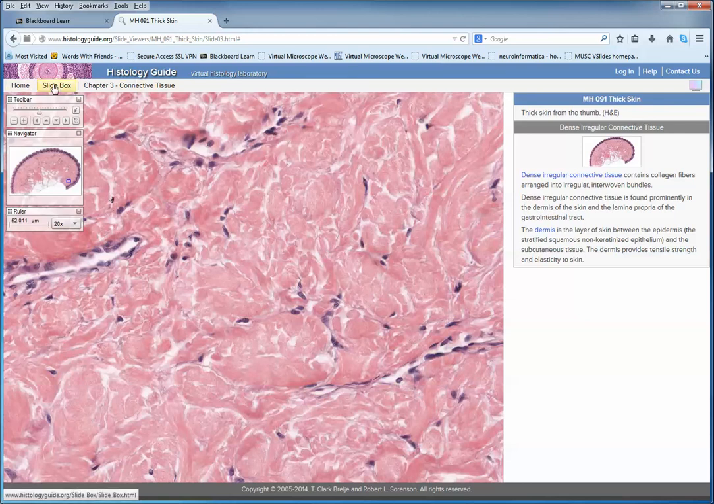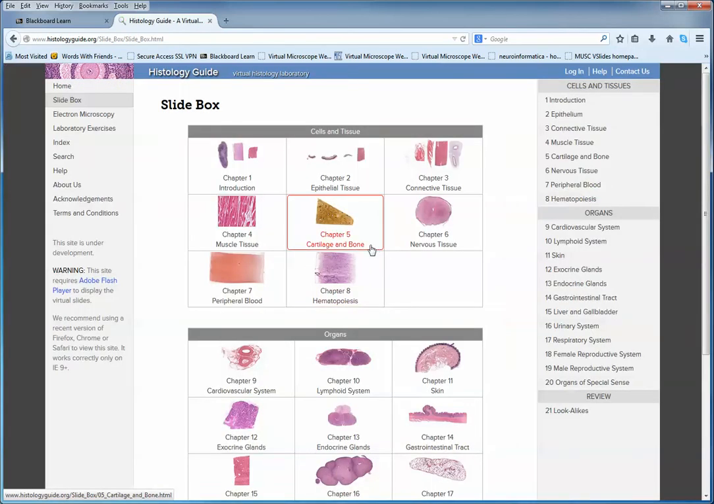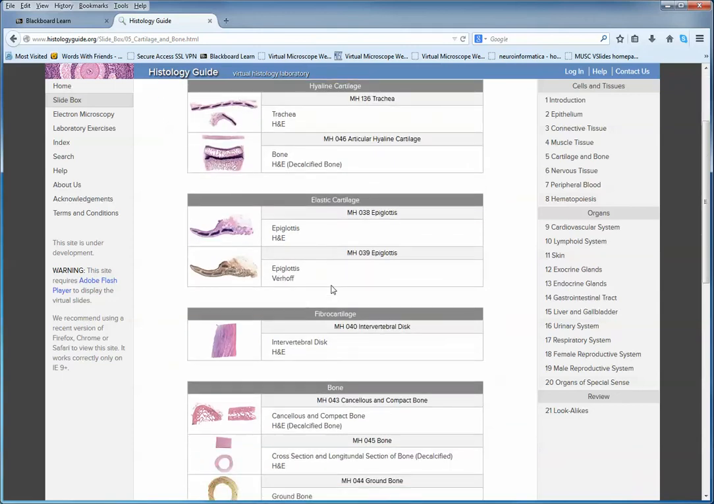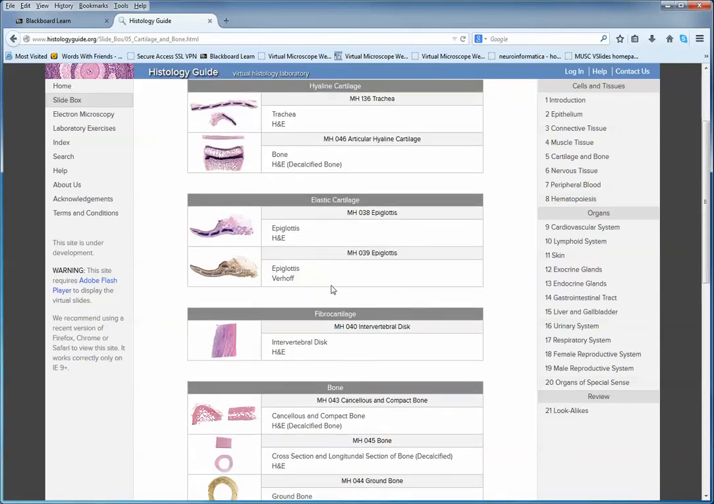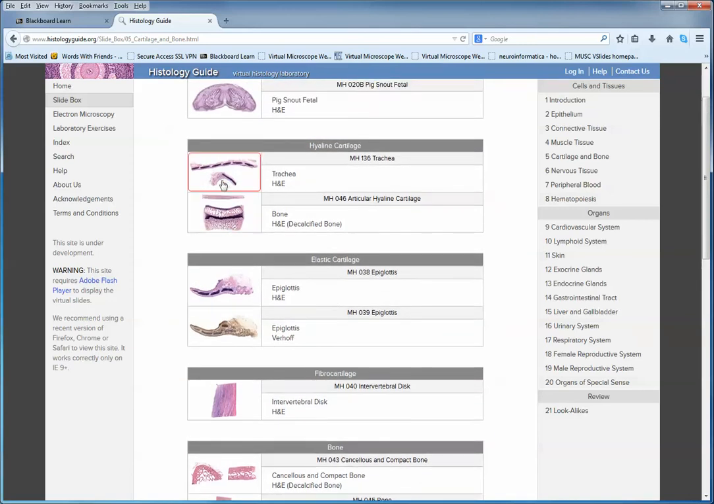Another example, if we go back to the slide box and say now we're studying cartilage and bone, which you're studying now. And we go to, let's say, something like hyaline cartilage in the trachea,